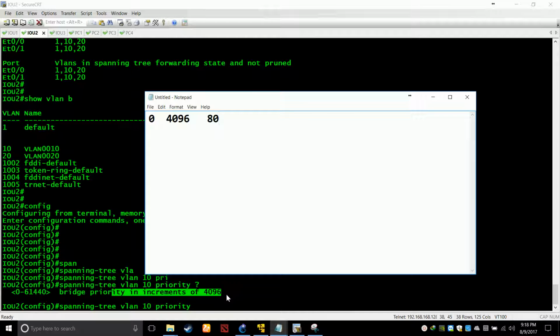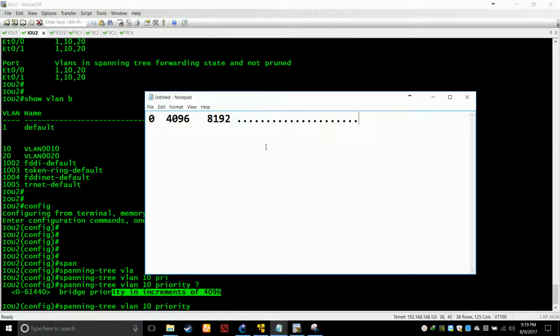Let's do the math. 4096 plus 4096 is 8192. So 8192 it will become, and again add 4096 and so on.